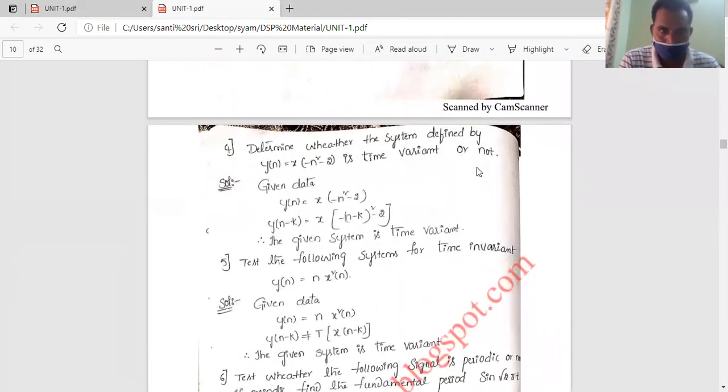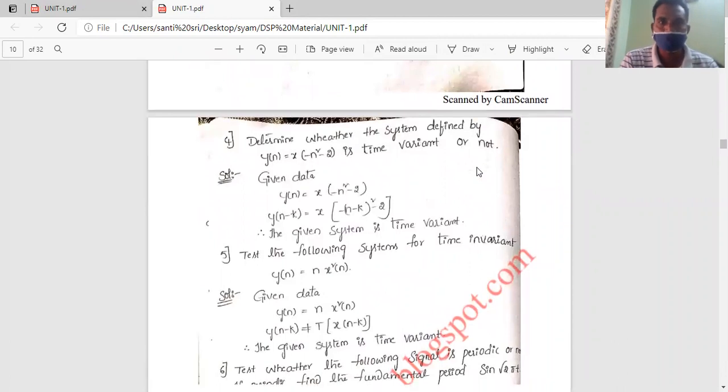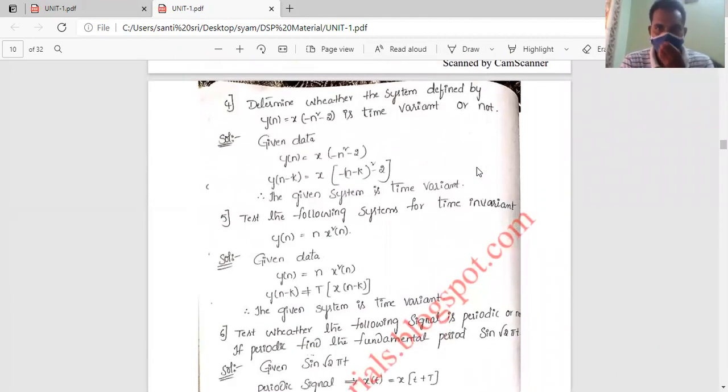So if you see the next problem, test the following system for time invariance: y of n equal to n into x square of n. Time invariant system means it doesn't depend upon time. Okay, so if we take y of n equal to n into x square of n,